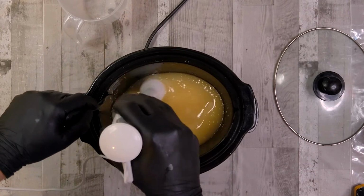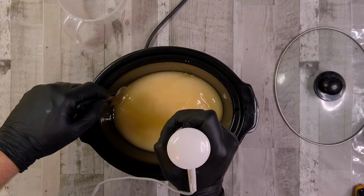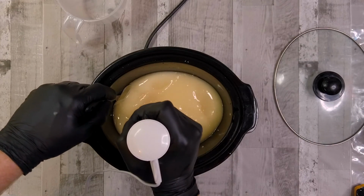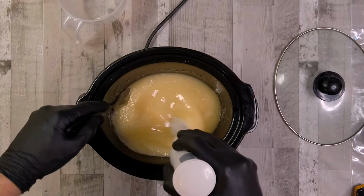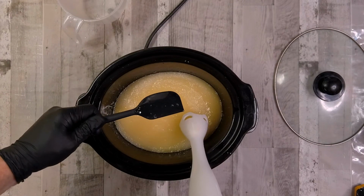So we're going to give this a quick stir, and we're just going to really get this solution to an emulsified state, and then we're going to get this cook going. And it's going to take a little while, so there'll be lots of fast forwards and lots of music during this, but bear with it, because it is really worth watching this process happen. So you can see now we've got